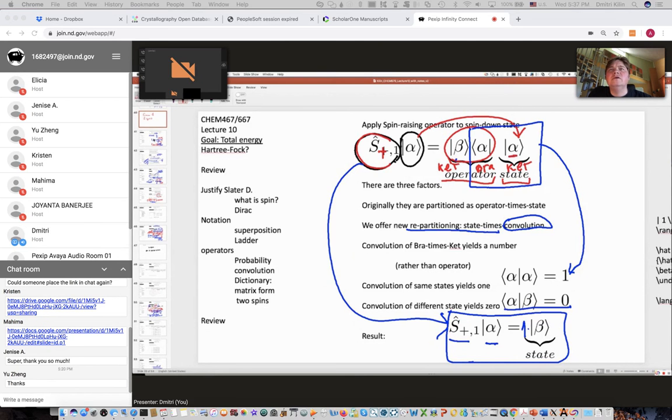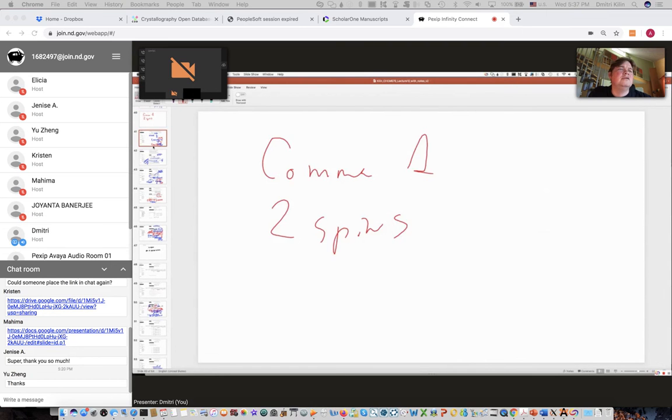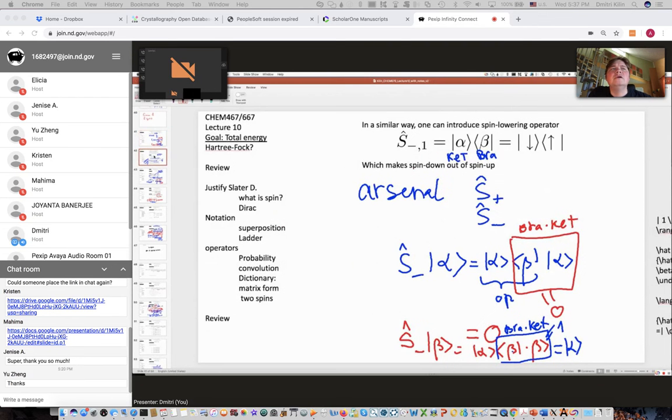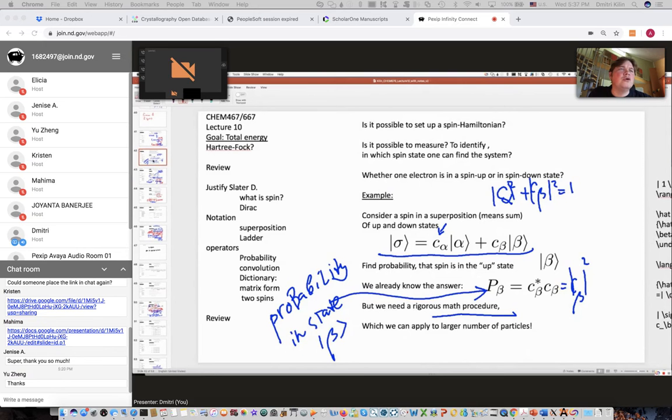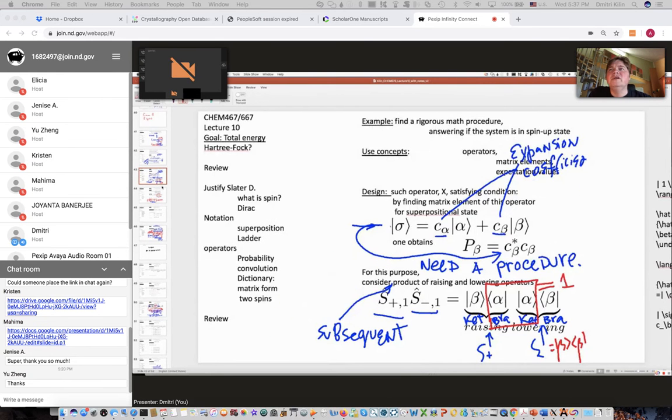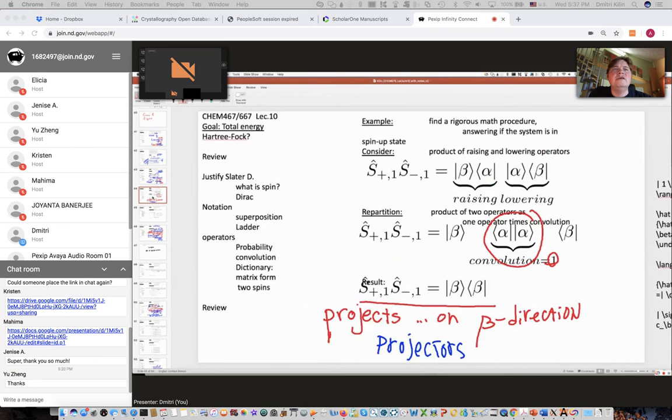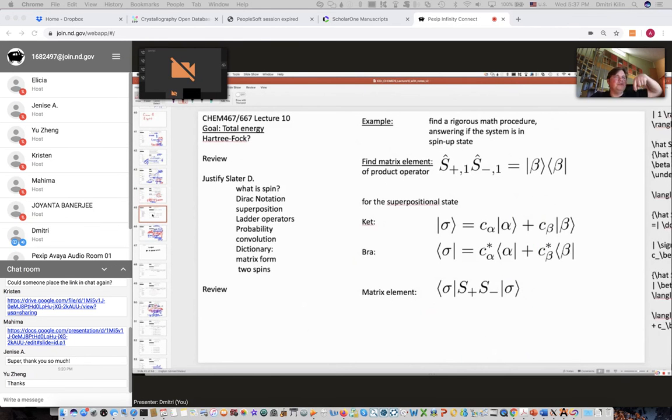So if you have two spins, then one needs a raising and lowering operator for each of them. There will be S plus and S minus for the first and second spin. I will go very quickly because otherwise we will not be able to do the lab. In general, the system can be in the superposition of alpha and beta. And in order to find the